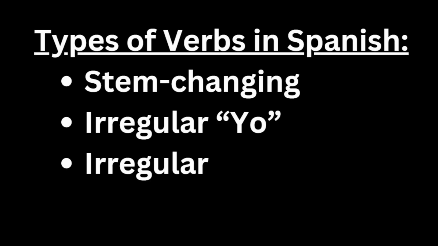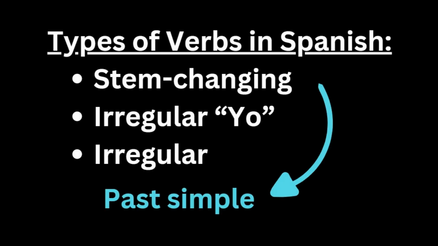There are many types of verbs in Spanish, such as stem changing, irregular yo, and just irregular verbs in general, and in this video, I would like to describe every type of them in the past simple form. Even though not every verb will be included in the video, because you don't need all of them, I will explain all types of verbs in the past for the first video, but in the second one, I'll finish what